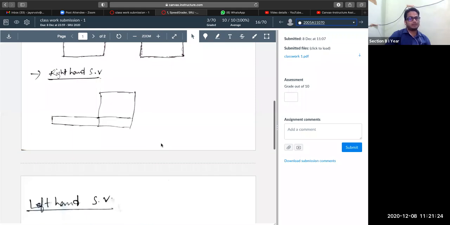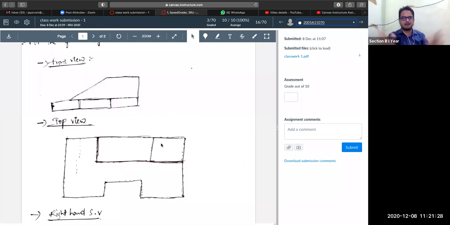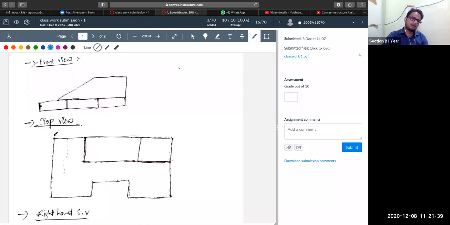Okay, he has drawn the left hand view, right hand side view, everything. But the size is different in all the views. Try to standardize the size. Now, if you are not going with dimensions, try to make the sides with similar dimensions. Like, suppose you draw the projections of this line.